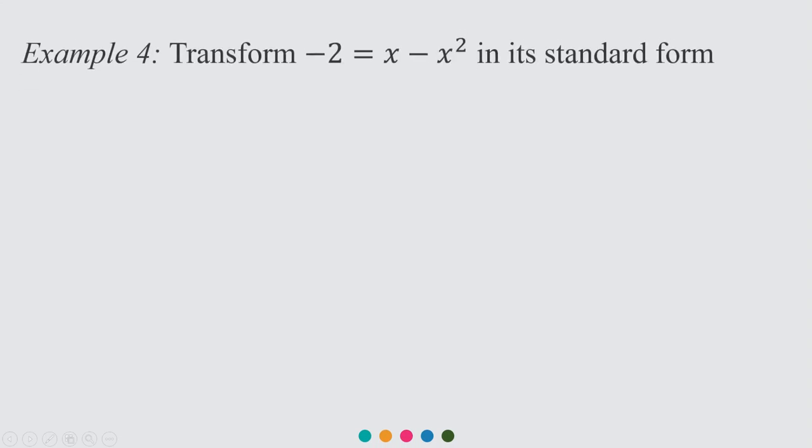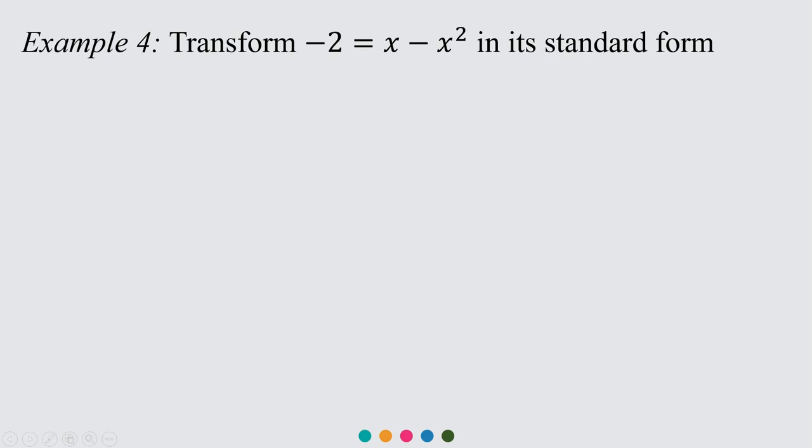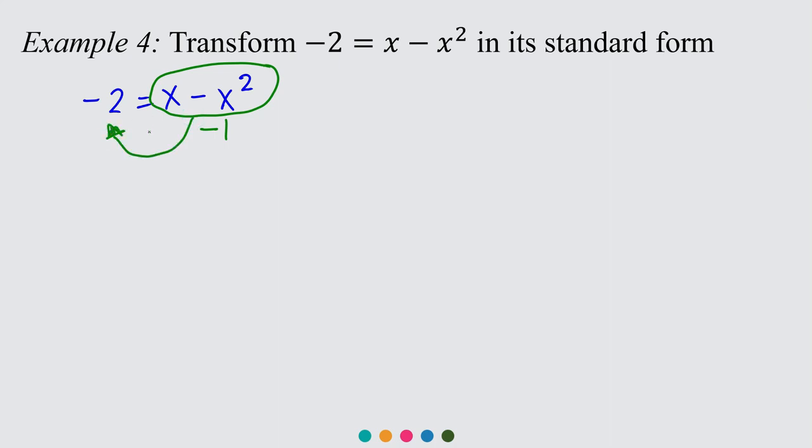Last example for today's video. We need to transform negative 2 is equal to x minus x squared in its standard form. So, kopyahin natin yung given equation: negative 2 is equal to x minus x squared. Okay? Since ang coefficient o yung sign ng coefficient ng leading term natin ay negative, or value ng a natin dito ay negative 1, so itong buong to ay pupunta natin sa left side of the equation